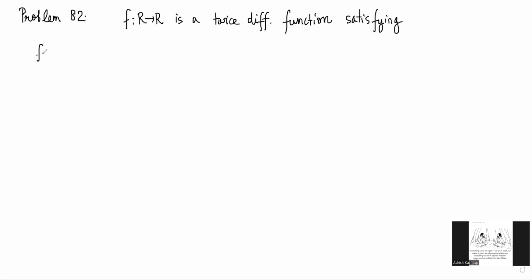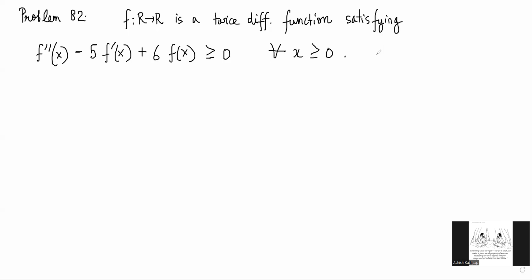The question says, f from R to R is a twice differentiable function satisfying the condition f double dash x minus 5 times f dash x plus 6 times f of x is greater than or equal to 0 for all x greater than or equal to 0. If f of 0 is 1 and f dash of 0 is 0